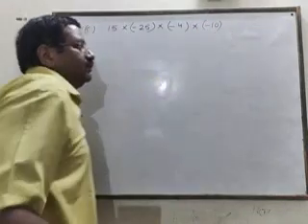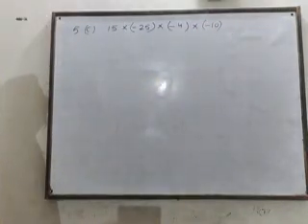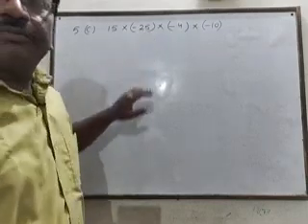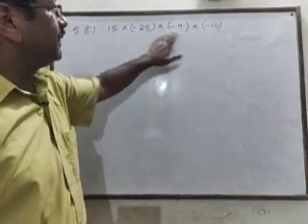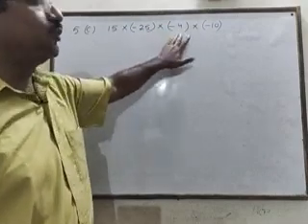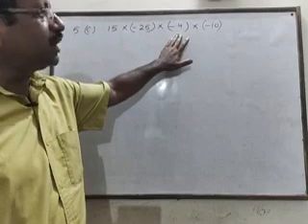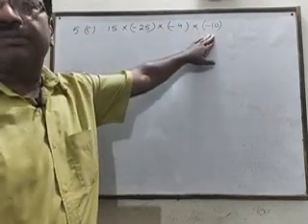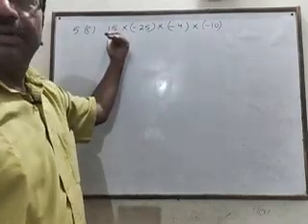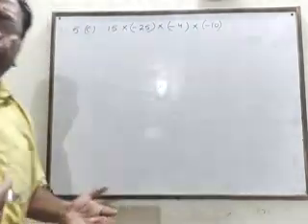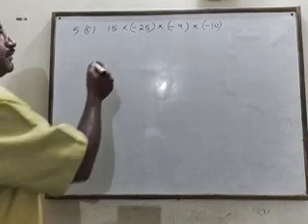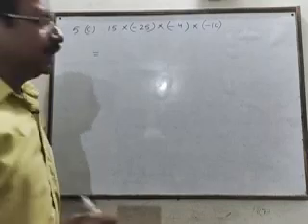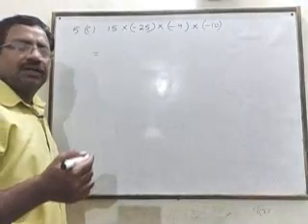So first of all we should try to multiply the numbers which can give us the maximum number of zeros. Like if I multiply these two, 25 times 4 is 100, then 100 will be multiplied by this 10, that will become 1000, then 1000 can be multiplied by 15. You can multiply in any order, but the better way is to multiply first the numbers which give 0 at the end, so that our multiplication becomes easy.